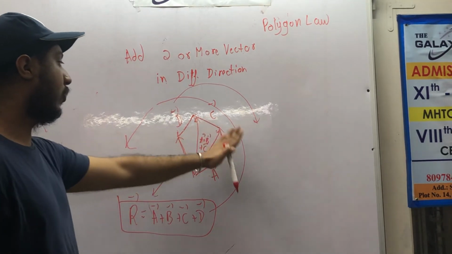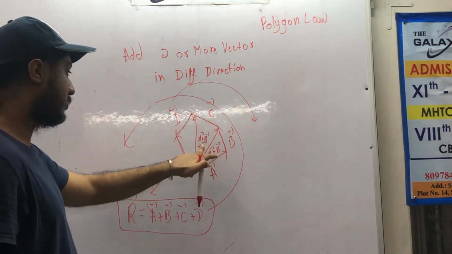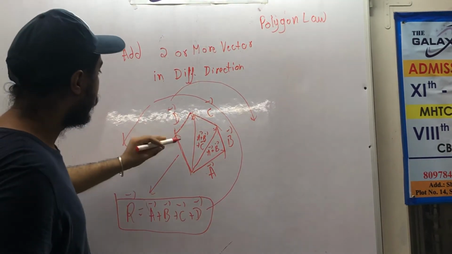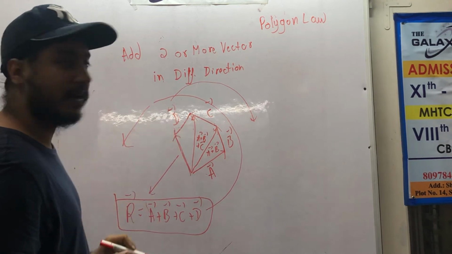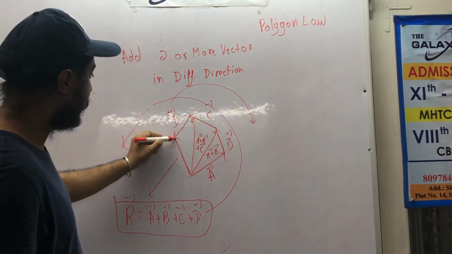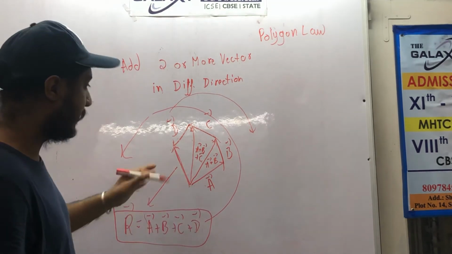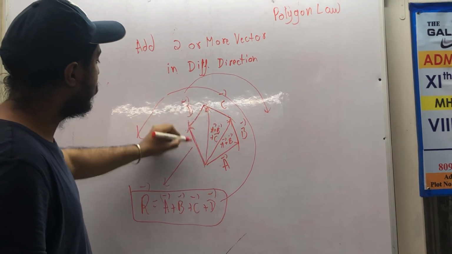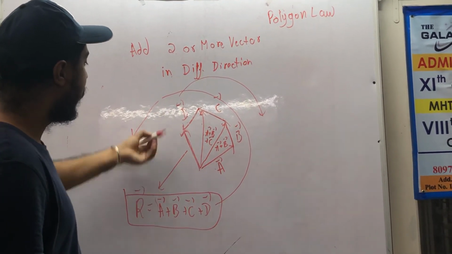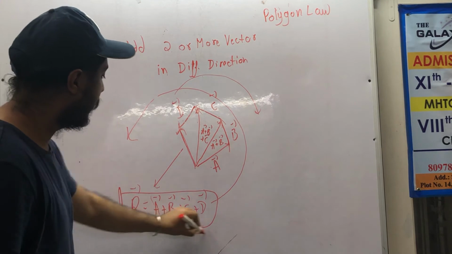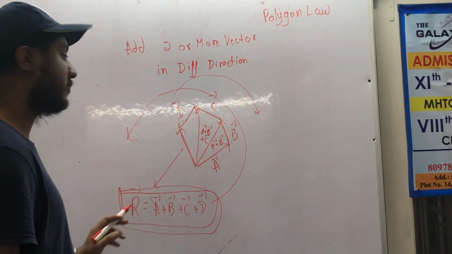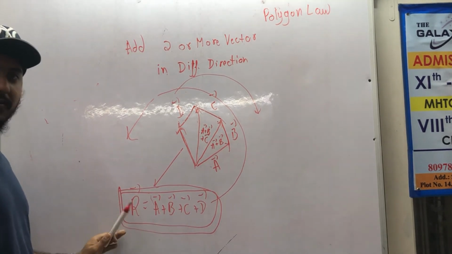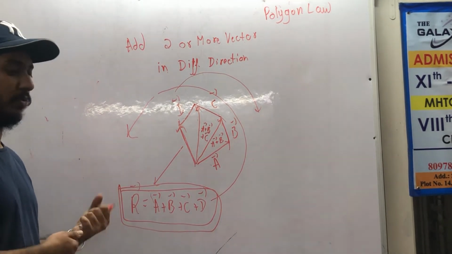Now forget all the other things I have written here, because this vector side represents all these vectors that are present here. So now, what will be the resultant of this vector and this vector? That will automatically be this last closing side, and that is how the polygon law came into existence. What will be the value of this third side? R is equal to A plus B plus C plus D. So that is how your polygon law equation is derived. Okay, so this is your polygon law.